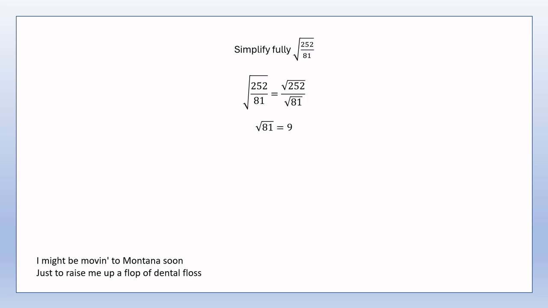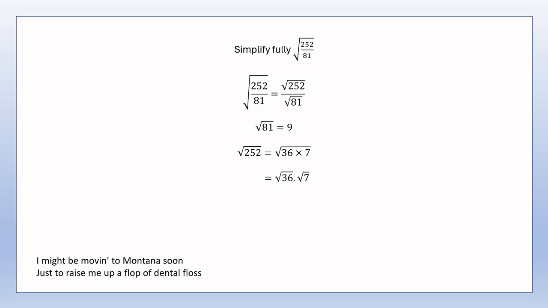It's not 121. 100 doesn't divide 252, nor do 81 or 64 or 49. However, 36 does divide 252, so that 252 is equal to 36 times 7. So therefore, the square root of 252 is equal to the square root of 36 times 7. And now, using the rule, the square root of a times b is equal to the square root of a times the square root of b, we get that the square root of 36 times 7 is equal to the